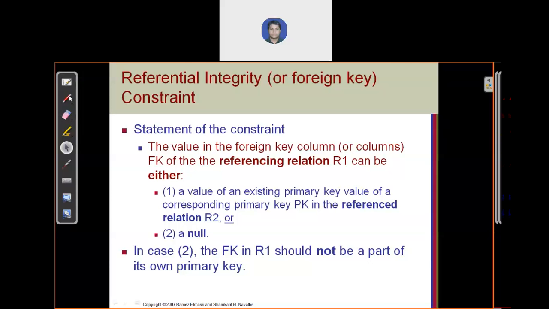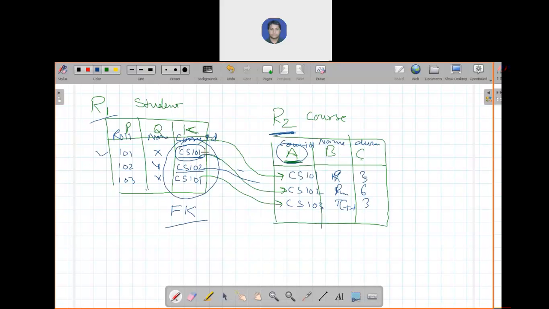Just consider this relation. This record of student x1 sets the foreign key value to CS101. So the value of this foreign key must be an existing record of this relation.